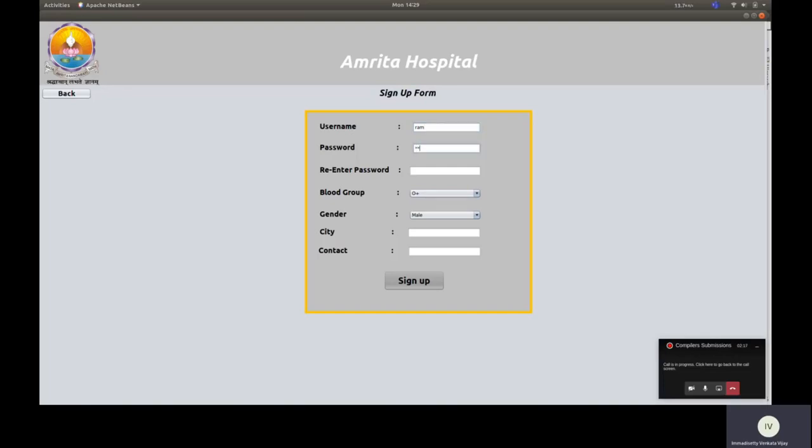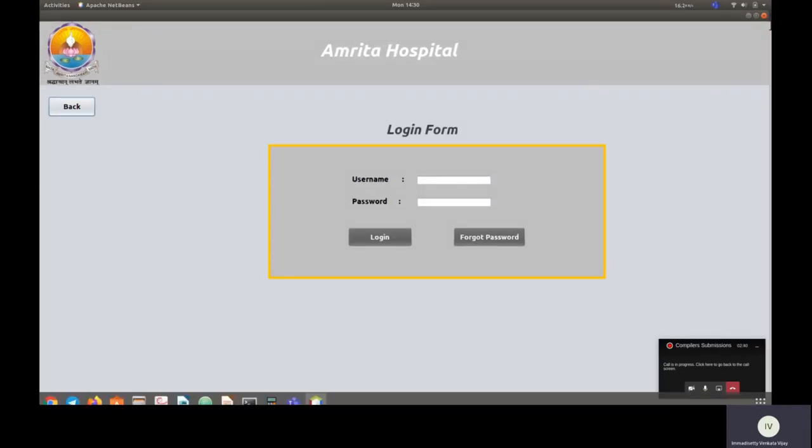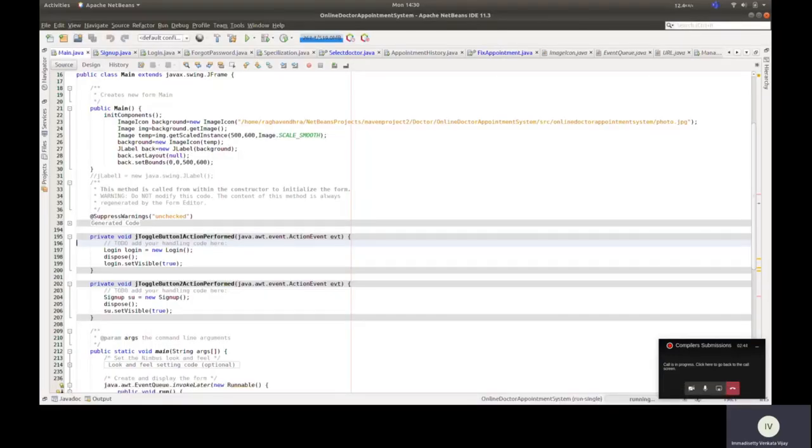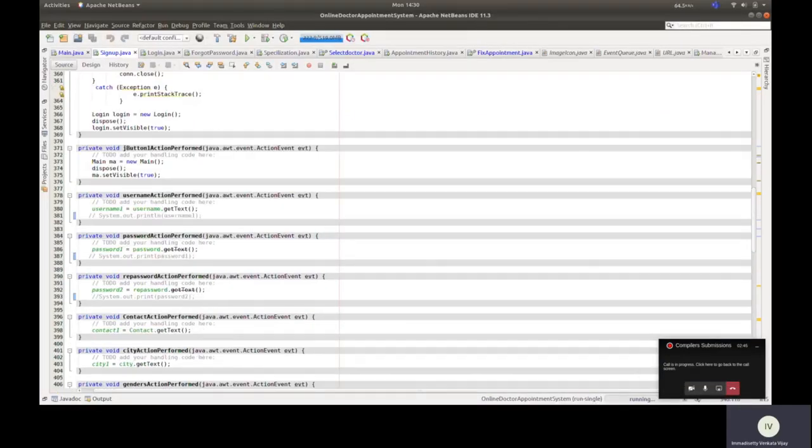I'm setting the password as Ram, re-entering the password as Ram, blood group A plus, gender male, city Delhi, and I'm typing some random contact number. Now I'm trying to sign up. You can see it is signed up, and all the details were stored in the database. Now I will show the sign up code.